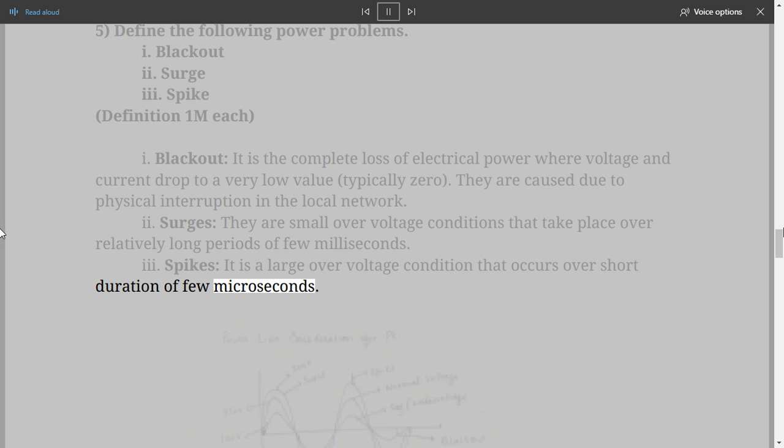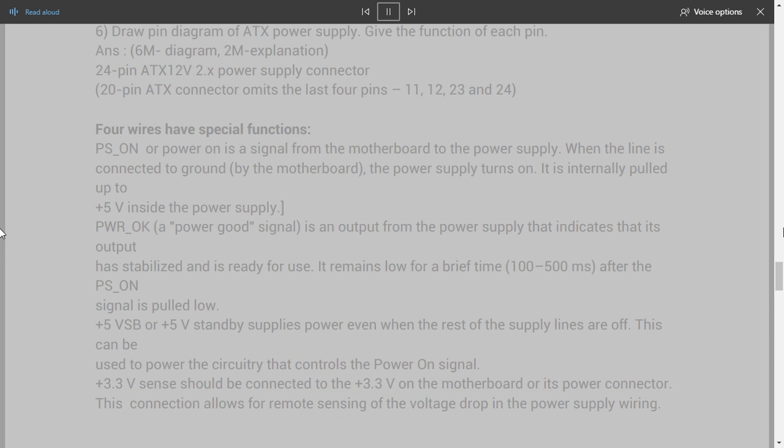6. Draw the pin diagram of ATX power supply. Give the function of each pin. Answer, 6M: diagram 2M, explanation. 24-pin ATX 12V 2.X power supply connector. The 20-pin ATX connector omits the last 4 pins: 11, 12, 23, and 24. Four wires have special